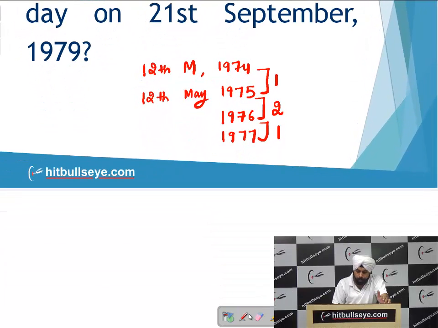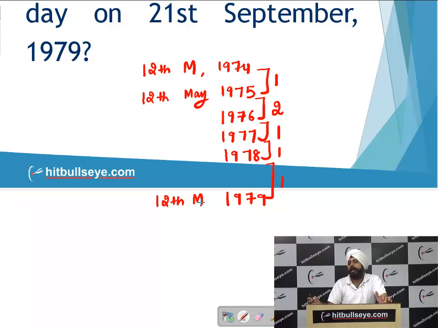We will take it for 1978, 1 more odd day, and then move to 1979 and we will have 1 more odd day. And students, we reach on 12th May 1979. Again, don't go into the days. Let's go from 12th May to 12th of June students. So the month ending in between is May, which usually has 31 days, and it gives us how many odd days students? It gives us 3 odd days.